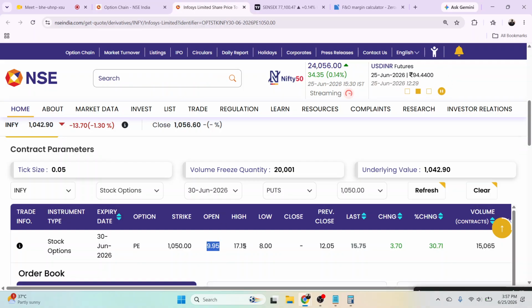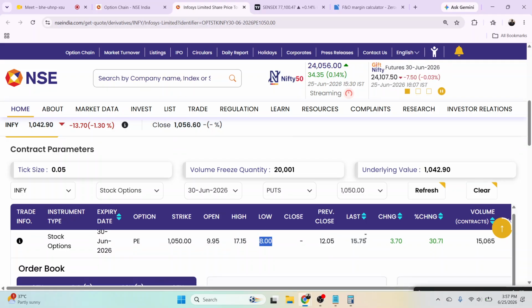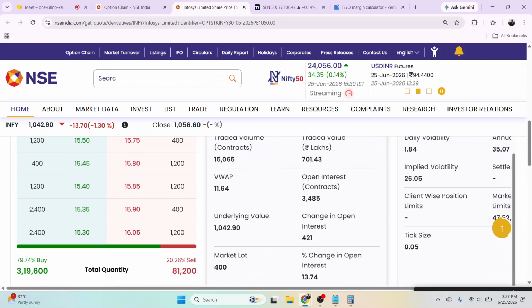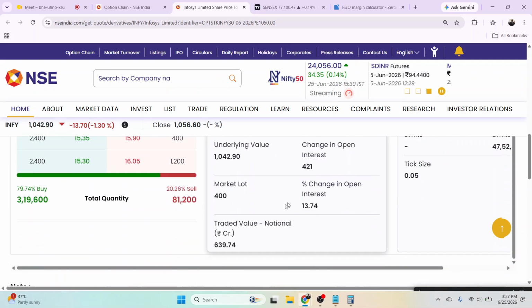9 रुपए 95 पैसे पे ओपन होती है, 17 का हाई लगाती है, 8 रुपए का लो लगाती है। तो इसका मतलब जिसने 12 पे खरीदा होगा वो 17 पे बेचता, तो उसको 5 रुपए का प्रॉफिट होता। जिसने 8 पे खरीद कर 15 पे बेचा हो उसको भी प्रॉफिट होगा। नाउ यू कैन सी यहाँ पर इसका पूरा डेटा आ जाएगा। तो इसका जो लॉट साइज है वो 400 का है। तो हर एक स्टॉक का अपना अपना लॉट साइज होता है।